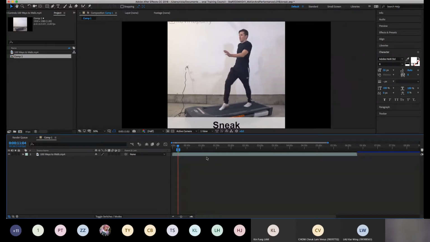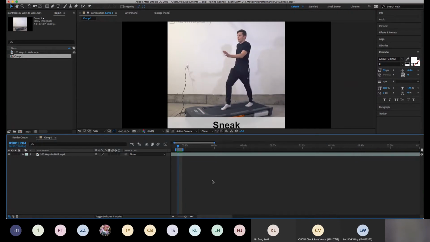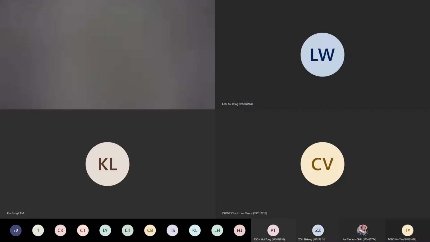Okay, so after I select the clip, you can see that I have already selected the clip. Okay, you can see that here, this is the part that I have already selected, and then I will export it into a sequence. Okay, because I can export it in a JPEG sequence, so that I can put these images into Photoshop and I can analyze the motion frame by frame. Okay, so how can I do it? I need to